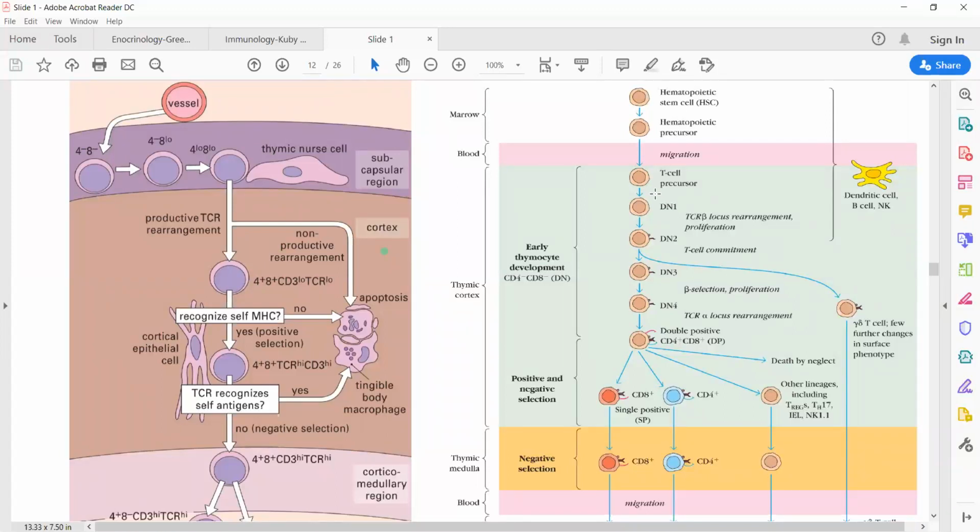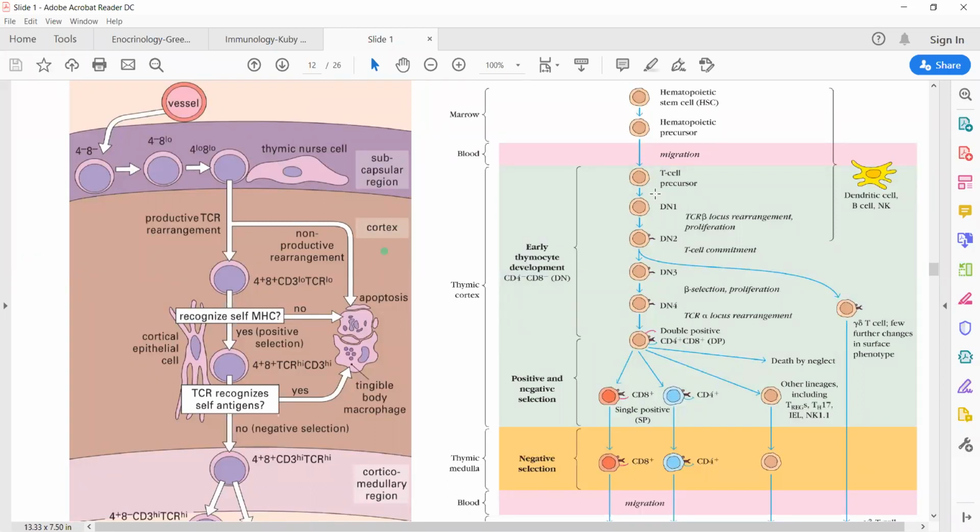So the moment the CD44 is down-regulated, we now put a nomenclature for the T lymphocyte. We now assume that the T lymphocyte is down-regulated for its two standard famous co-receptors, the CD4 and the CD8. So that is the second stage of thymocyte development. That is, the CD44 is down-regulated. They have now committed themselves to the T lymphocyte lineage, and both the famous co-receptors CD4 and CD8 are down-regulated.